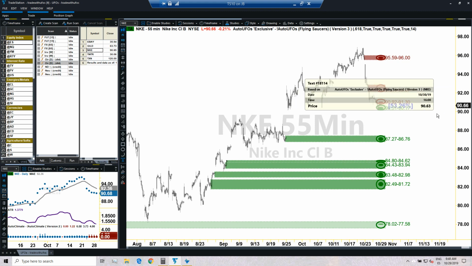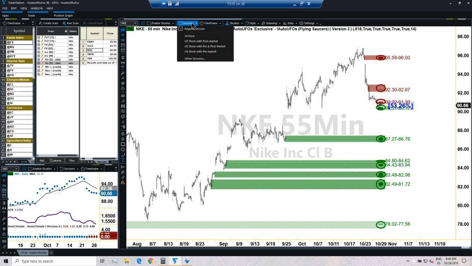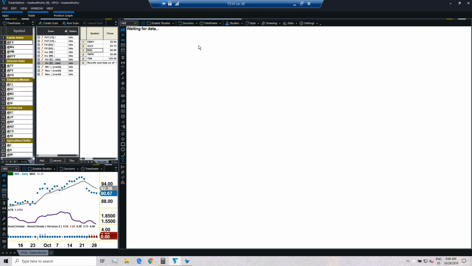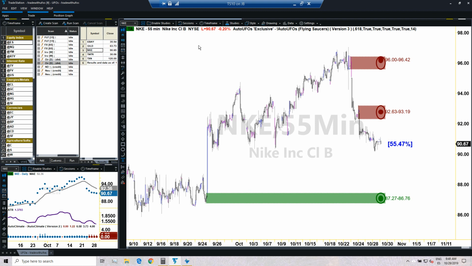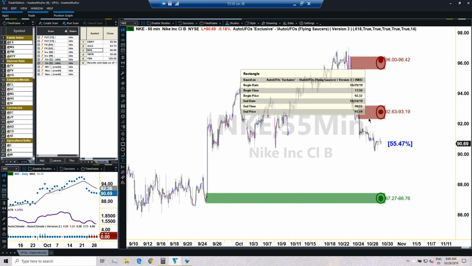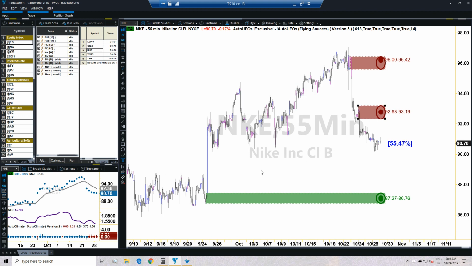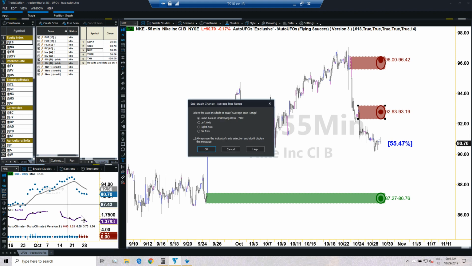So 53% is the UFO stats in a regular session with regular session data. Pre and post market data would bring it to how much? 55%, which is better, so we're gonna go for it. We are looking for UFOs located at 92.36, which I believe we have, because that UFO is 92.32. So that UFO right here is lining up very nicely with the average, and therefore we have a potential opportunity right here.